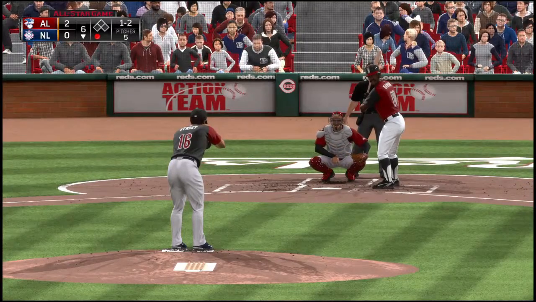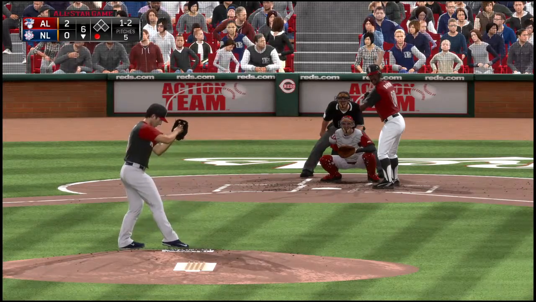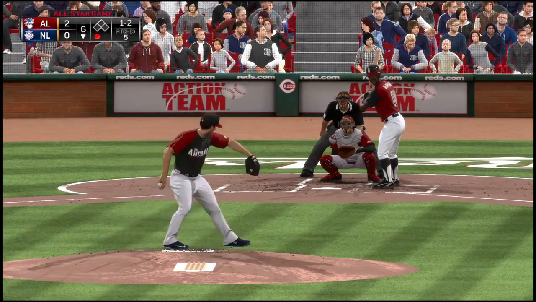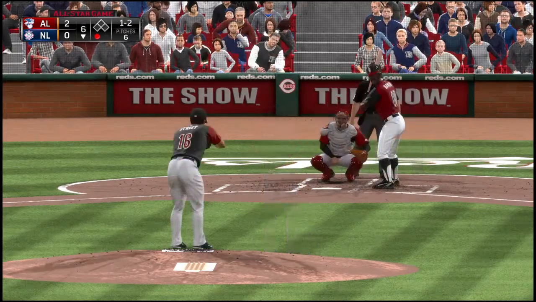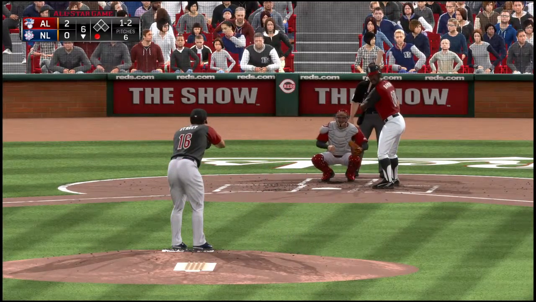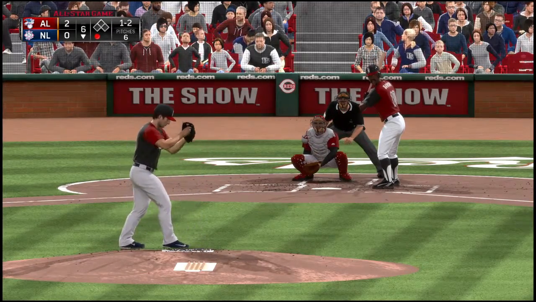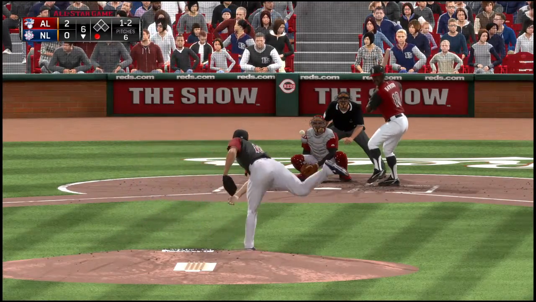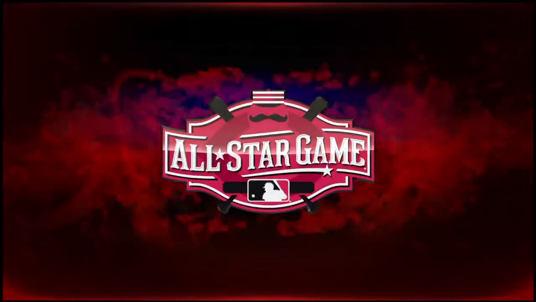Bases are empty, one man out. Here's the 1-2. And this is fouled back and out of play. He'll try again, 1-2. And a slider runs away from him there, and the count levels at 2-2.